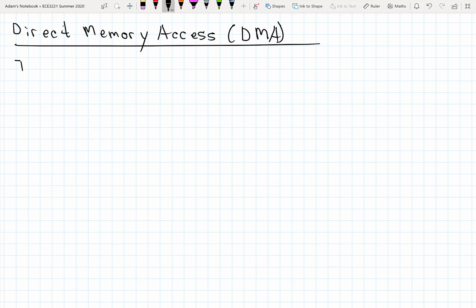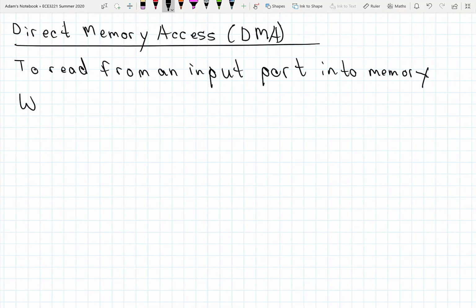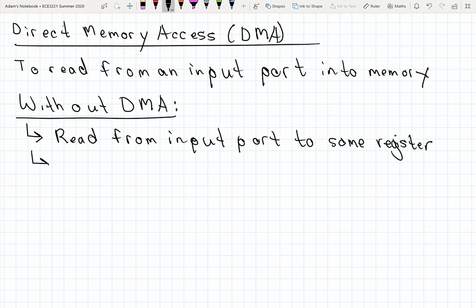Okay, so let's think about how we pull data in through an input port to memory. Okay, so to read data from an input port, wherever it might be originating from, into memory, and let's talk about how that happens without direct memory access. And really, this is the only way we know of to date, at least based on what we've covered so far in this class. Okay, so without DMA, we would do a read of the input port, and take that value and store it in some register. We would then write the value from the register out to a memory location,